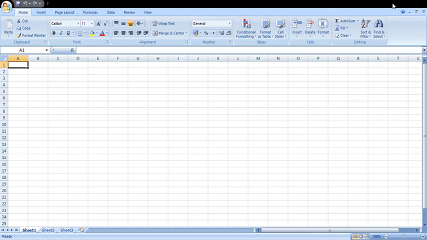Now, when we are creating a mark sheet, we have to make a plan: what are the things that will be required for creating a mark sheet. The first thing is the data of the students.